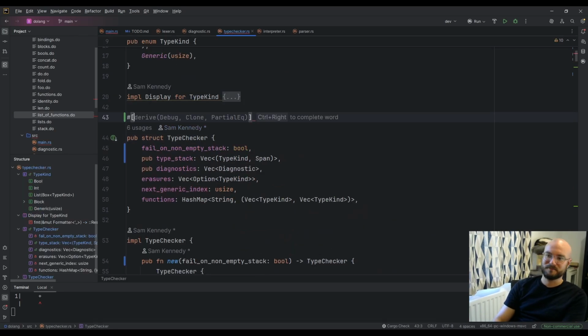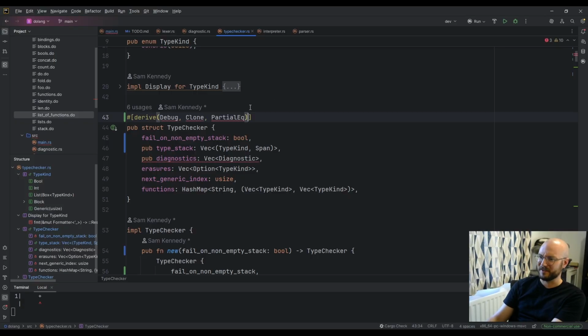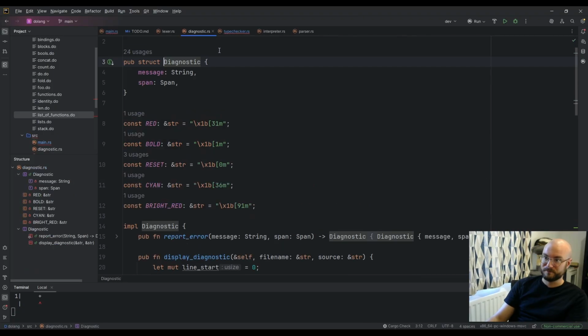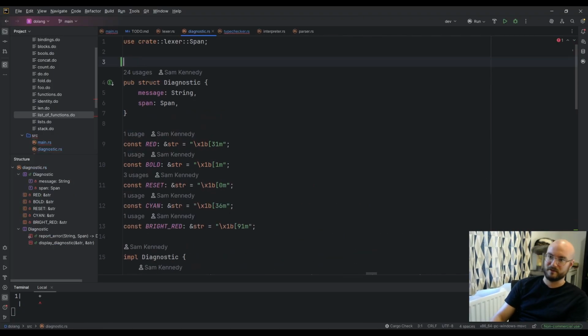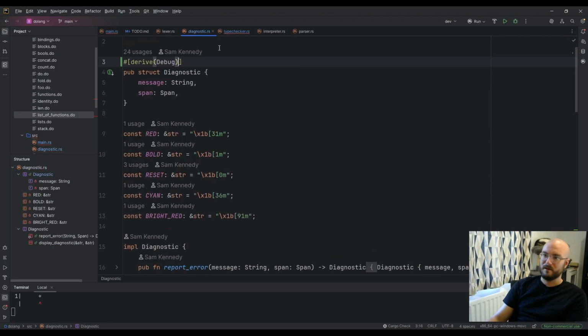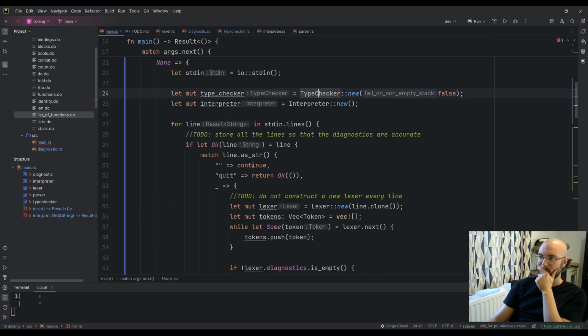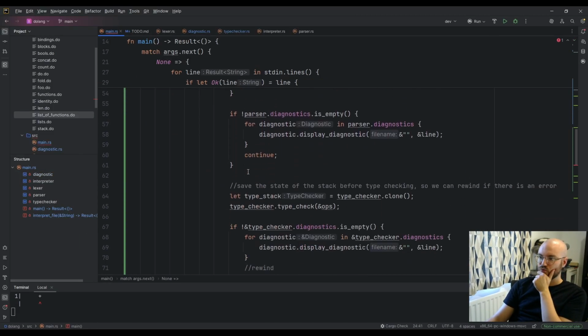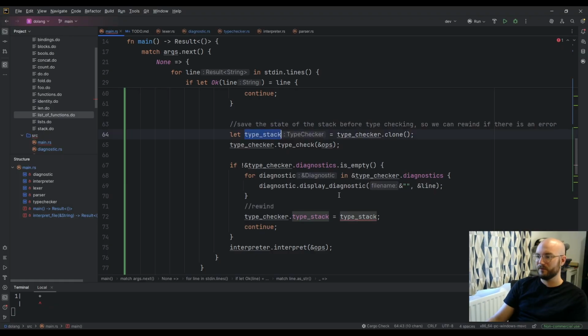So let's try it. Well, I don't really want all of those. And then diagnostic doesn't implement clone. Oops, that's not how you do that. Yeah, we can have debug, but I just want clone. There we go. So yeah, we clone the whole type checker. So let's say, what would this be? Checkpoint.